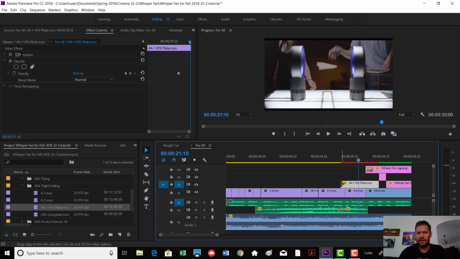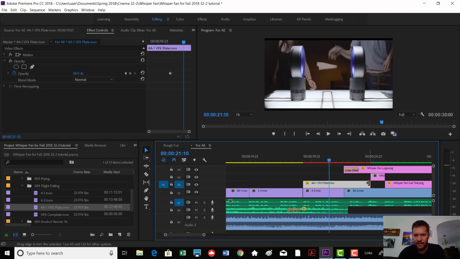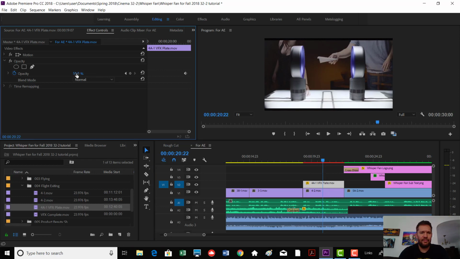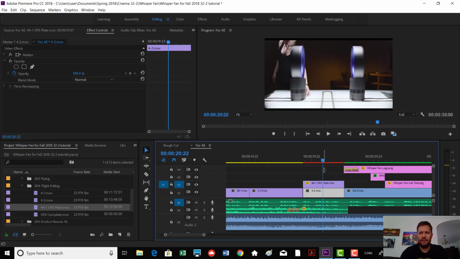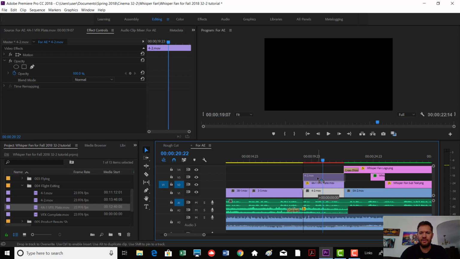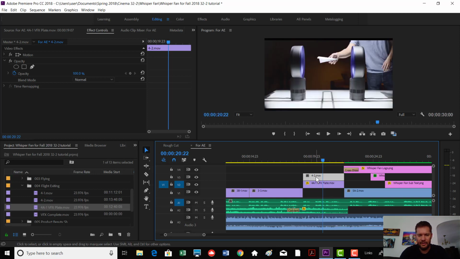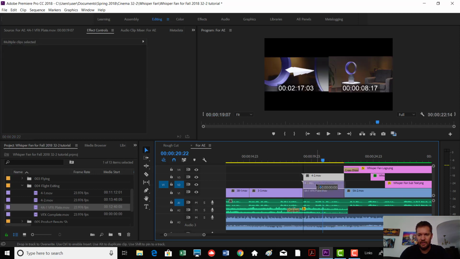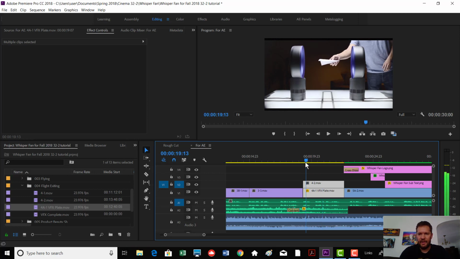Now I'm going to trim this shot to match the shot exactly below it. I'm going to hit plus to zoom in a little bit. All right, so this is going to work for me. So let me restore this opacity back to 100%. And actually, we need to layer the plane shot above her, so I'm just going to click and drag that and put it right above it. I'm going to shift click the one below, bring them both down,